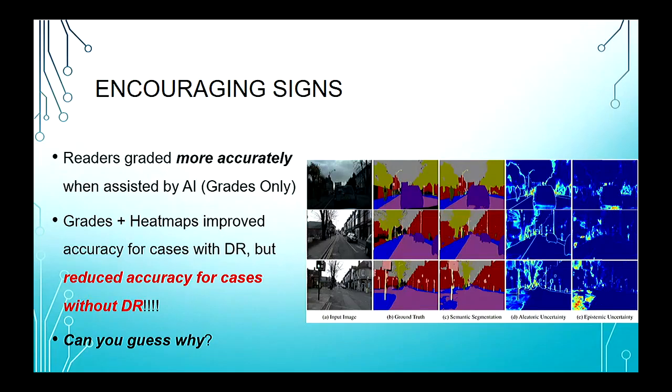The reason for that is the computer always generates a heat map, even if there's nothing to see, because it always finds a pattern. That pattern might be nothing, but clinicians could overestimate. They can say, oh, maybe that's something wrong. Maybe as a human, I'm missing something. So the performance in detecting the healthy cases actually dropped in humans. So that's one of the barriers in implementation of AI. How do you gel these two, humans and AI, without compromising the general performance?